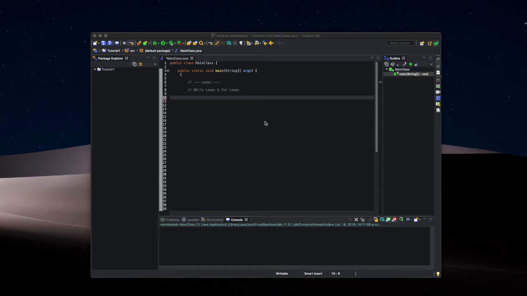So let's see this in action. We'll start off with while loops. So basically the logic behind a while loop is that while some condition is met, you do something. So let's say we have a variable called int count is equal to 5. This is going to be our condition. As long as count is greater than or equal to 0, it's going to print out some